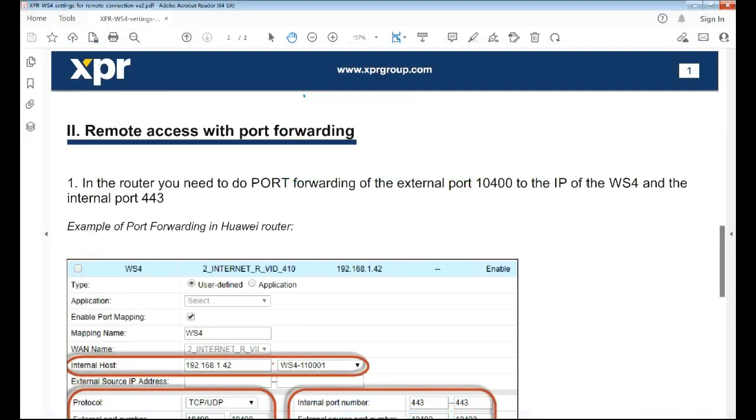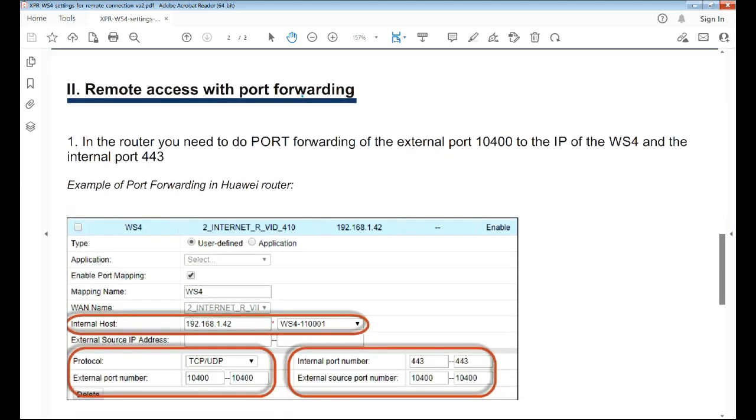What we're going to do here is have a look at the port forwarding settings of your router. Now, it would be impossible to show an example for every router because everything's different. For instance, I can use 3 or 4 different networks to get my devices online, and all the routers have different settings. So instead, what I've got here is the instructions, the PDF